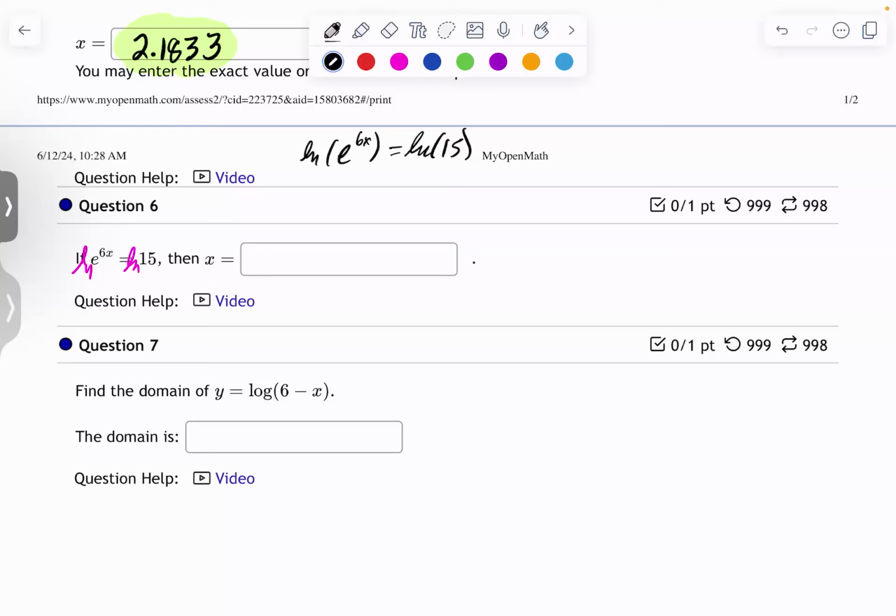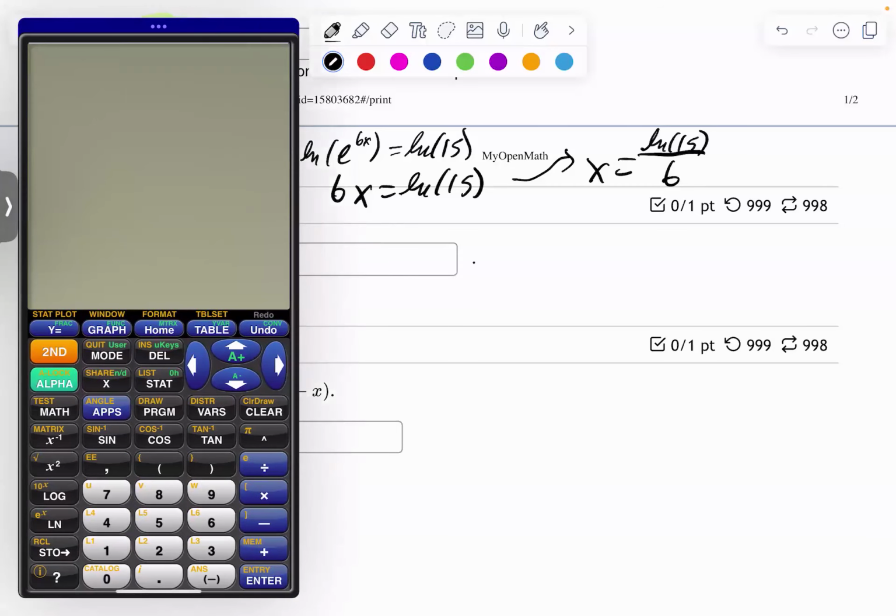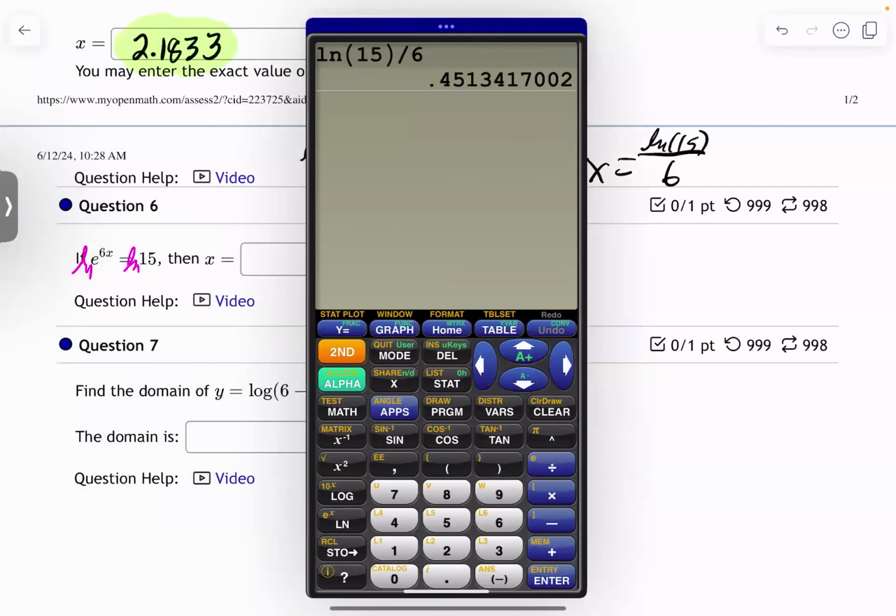So I have log base e of e to a power. And remember, our rule says that those just cancel out. So x is going to equal ln of 15 divided by 6. Be sure to close your parentheses when you're doing this. So this is about